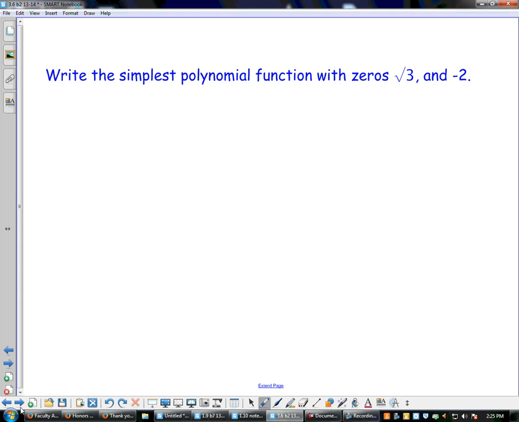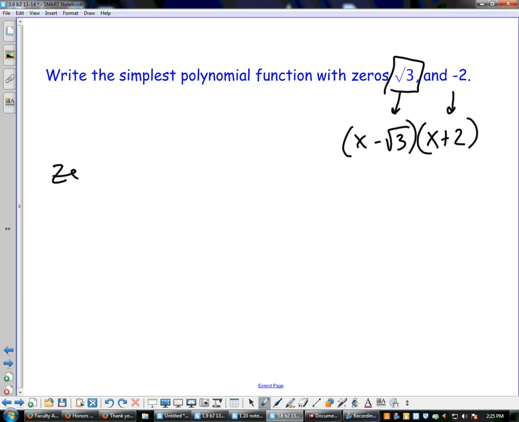All right, and let's see. Let's take a look at this example. Write the simplest polynomial function with 0, square root of 3, and negative 2. Again, if square root of 3 is a 0, then x minus the square root of 3 would be a factor. And if negative 2 is a 0, then x plus 2 is going to be a factor. But hold up, this is an irrational 0, meaning that its conjugate is also going to be a 0. So if I was going to list zeros, I could say, yeah, negative 2 is a 0, square root of 3 is a 0,